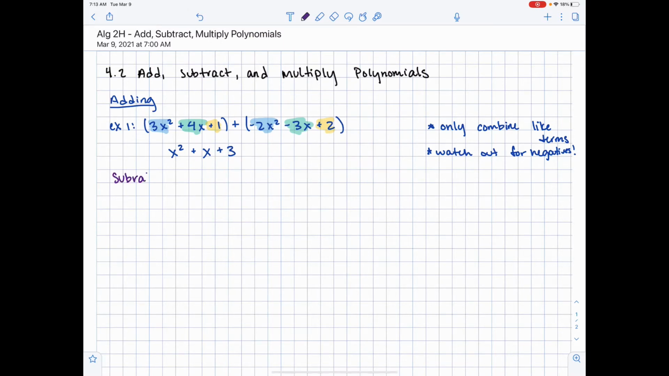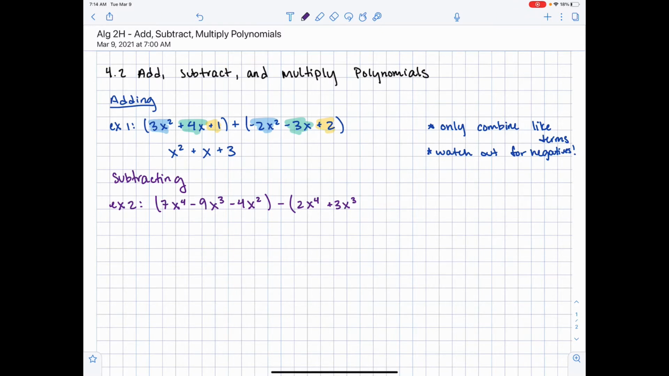And again, you've done this before, so I'm not going to take a lot of time on it. Subtracting polynomials. So for your example 2, we're going to do 7x to the 4th minus 9x cubed minus 4x squared, all minus 2x to the 4th plus 3x cubed,